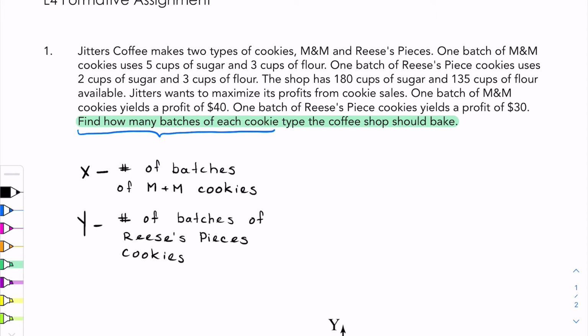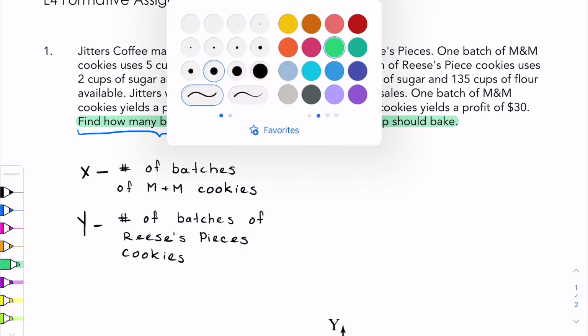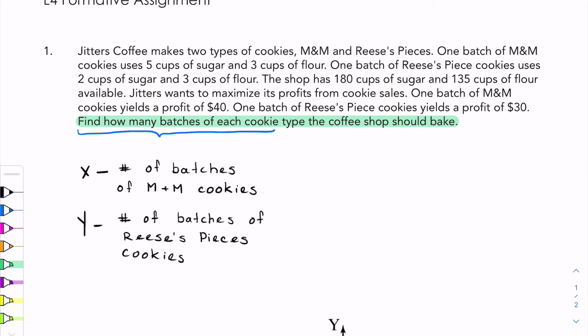After identifying my x and y variables, I'm going to write my objective function because my objective function will take care of the overall objective, but also use our variables. So I'm going to highlight where I'm finding my objective values from. Because it says that Jitters wants to maximize its profit, and it tells you that M&M cookies make a profit of 40 and Reese's Pieces make a profit of 30, we're going to use that information right there to